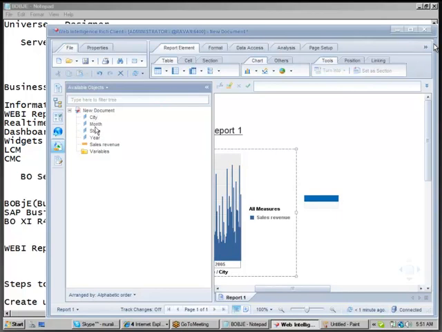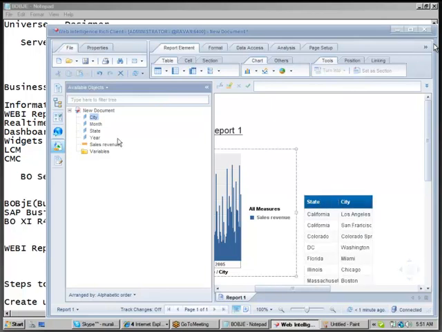In the data, if you want to display data with the state, drag and drop state. City, drag and drop city. And if you want sales revenue, just drag and drop sales revenue.